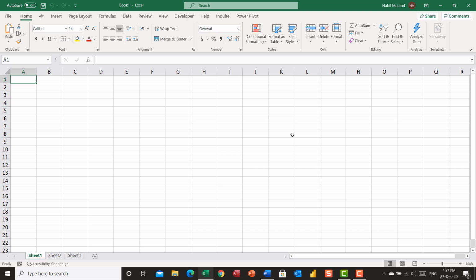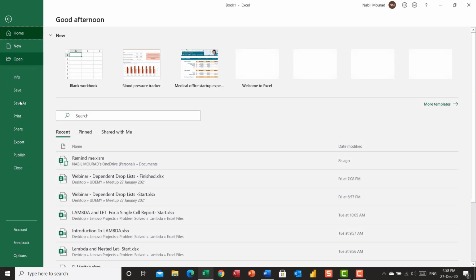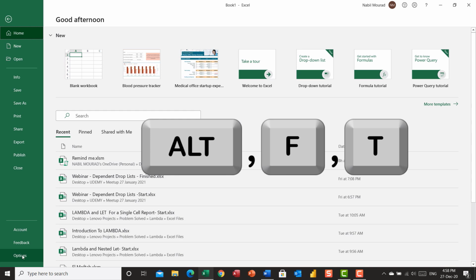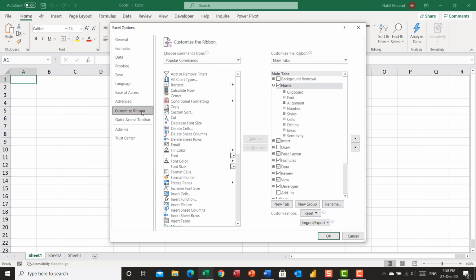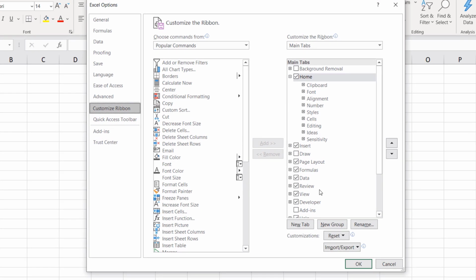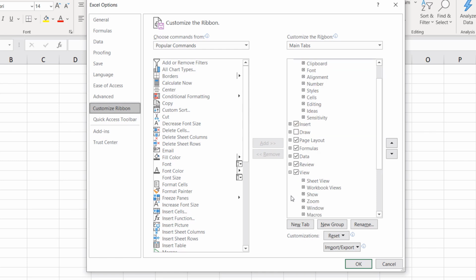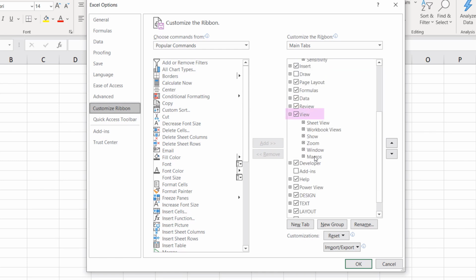To be able to use the subroutine from within Excel, I need to add it to the ribbon, so I'll be customizing my ribbon. And to do that, I need to open the Excel Options dialog box, so I click on the File tab and click on Options. Alternatively, you can use the shortcut Alt-F-T, and I select Customize Ribbon. I select the View tab and expand it. Select the last option, Macros, and I would like to add another group below Macros, so I click on New